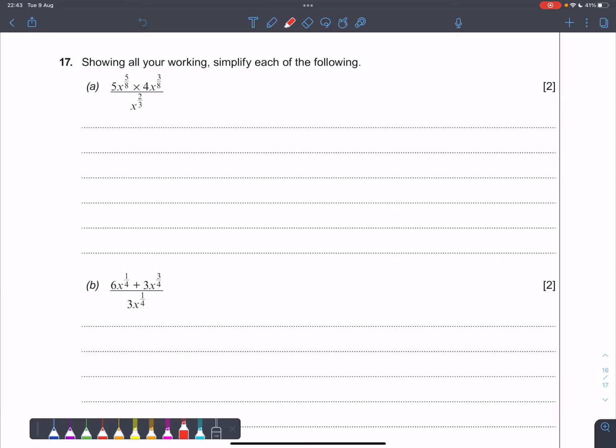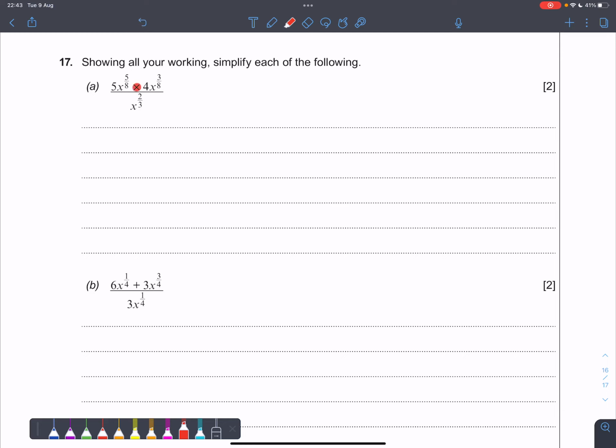Okay, in this video we're going to be having a look at question 17 on a WJEC additional maths paper from June 2015. So these are fairly common on the papers. Show all your work and simplify each of the following, and we have two expressions that involve indices. Now, they look very similar, but they're actually testing two different sets of skills, and it's based on the signs